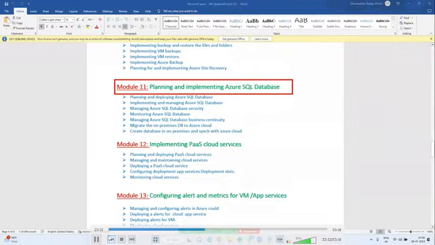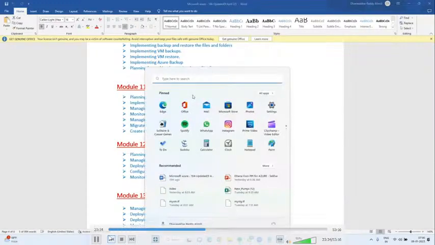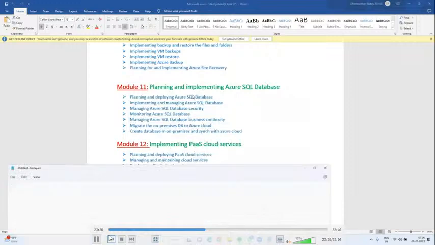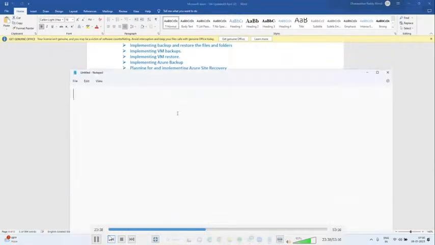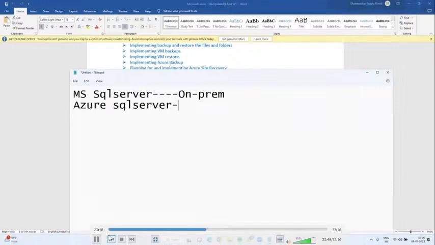Next, module 11, planning and implementing Azure database. See guys, generally we have two types of database for Microsoft SQL Server. One is Microsoft SQL Server on premises. Next, Azure SQL Server, that is the Azure cloud.